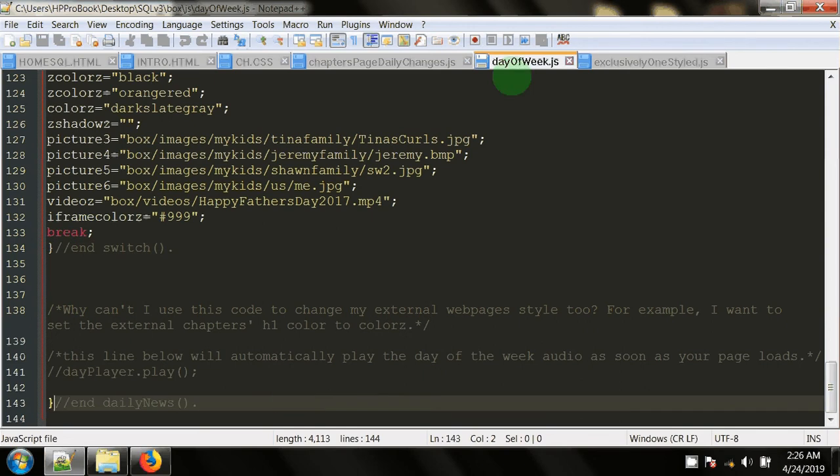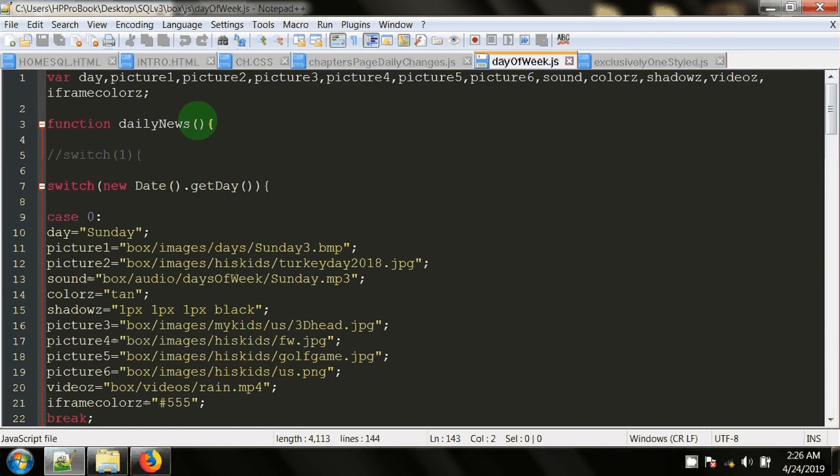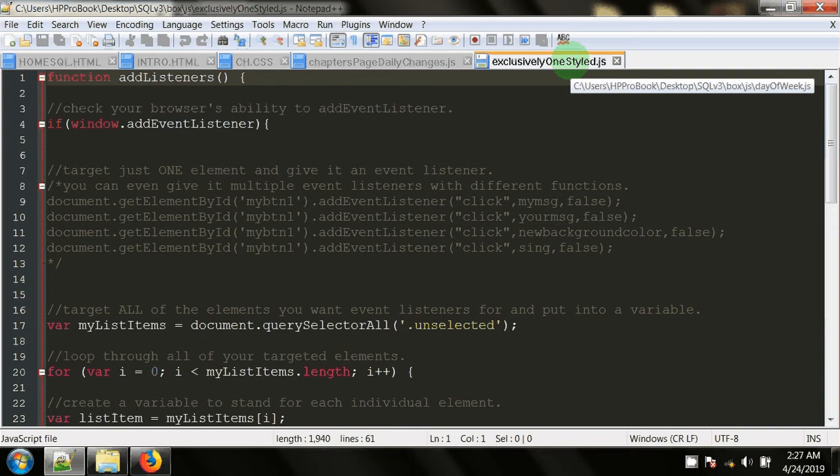So we're done with this day of the week file, but remember the name of the function that we created. It's called daily news because we're going to call that from another function. See, we're creating the function here, but we're not actually calling it. It's not until somebody calls daily news that all this stuff physically happens and gets put into memory. So we're going to close this day of the week, and let's look at